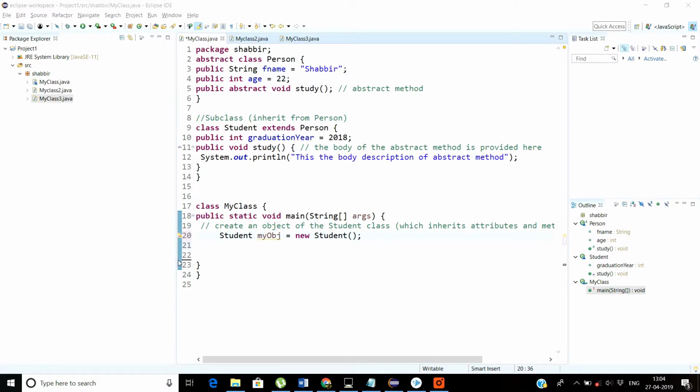So now one by one we will call all these attributes of this abstract class with this reference of the Student class that we have created here. So let's begin. So I'll type